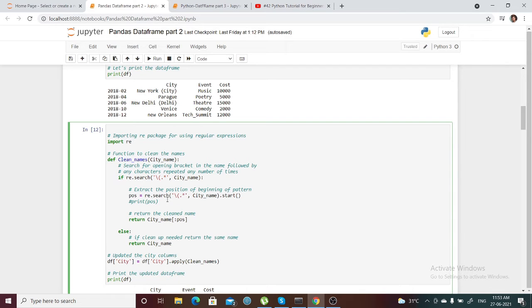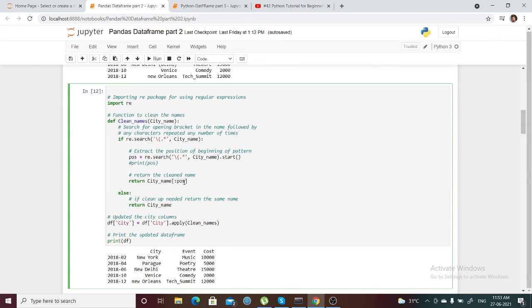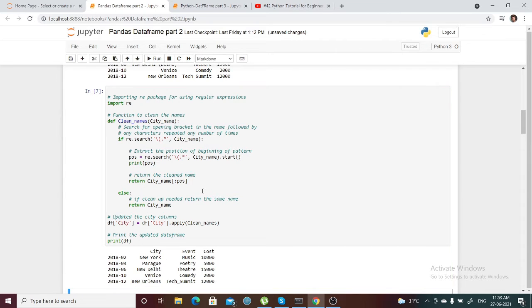Wherever this particular parameter starts, it just counts its position, like what the index value of this particular string is. So it will catch that particular index and do the indexing. Till this particular index, it will try to subset. Let's see what this position value does actually.